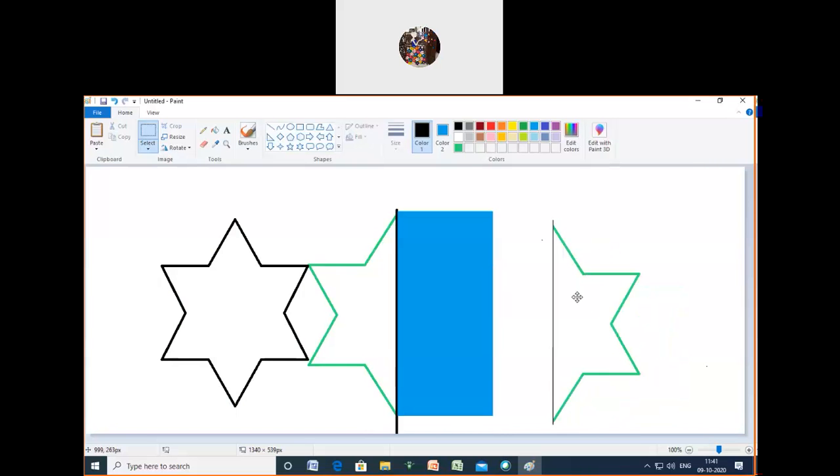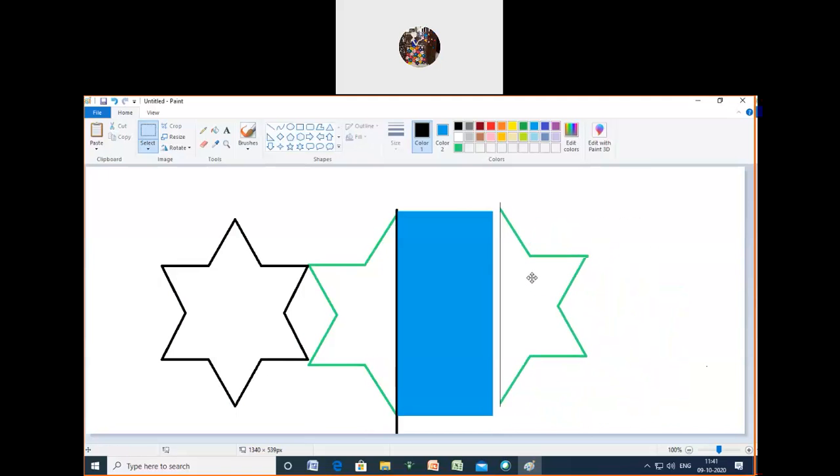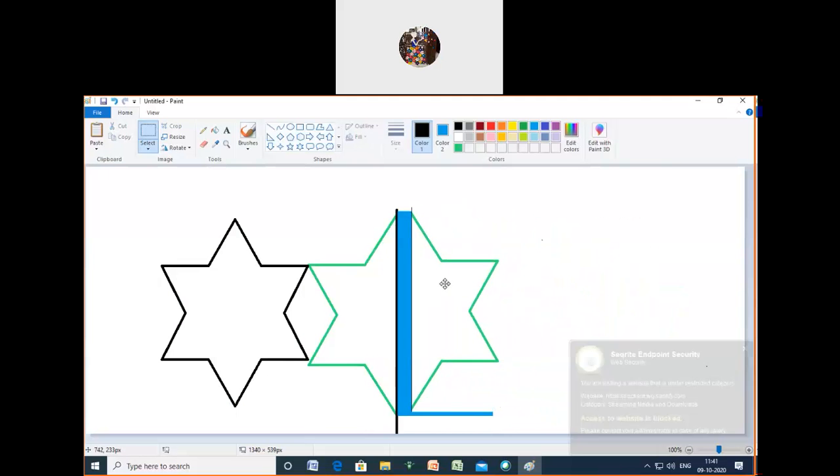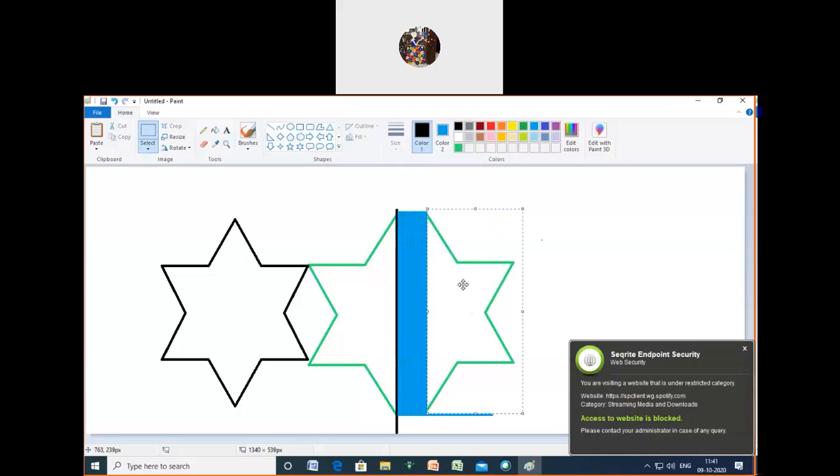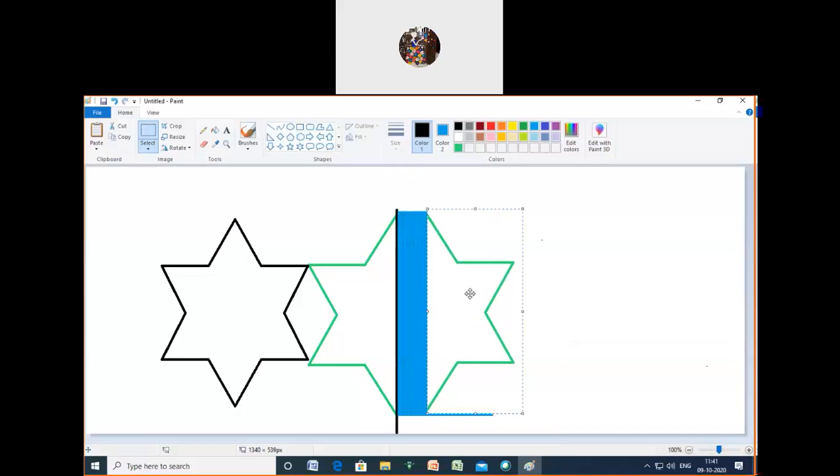So both are equal parts. If I again paste together, suppose I'm going to twist that one. See children, I'm going to twist the cut one. I'm going to twist this part.